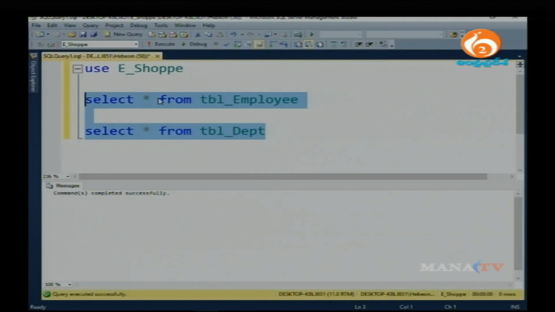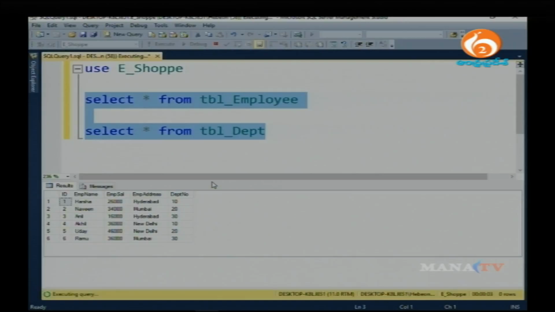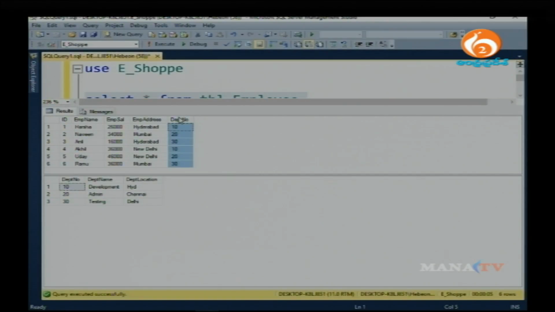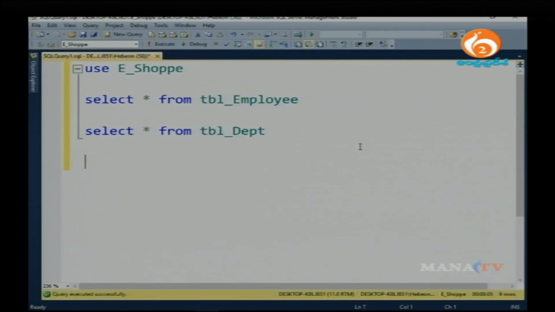Observe carefully: there is a specific column in these 2 tables which has the same name. Here I have a department number column in table 1, and in the same way you have a department number column in table 2. Based on this, I want to join these 2 tables. For example, if someone asks that I want to get the select list of employee name, employee salary, department name as well as